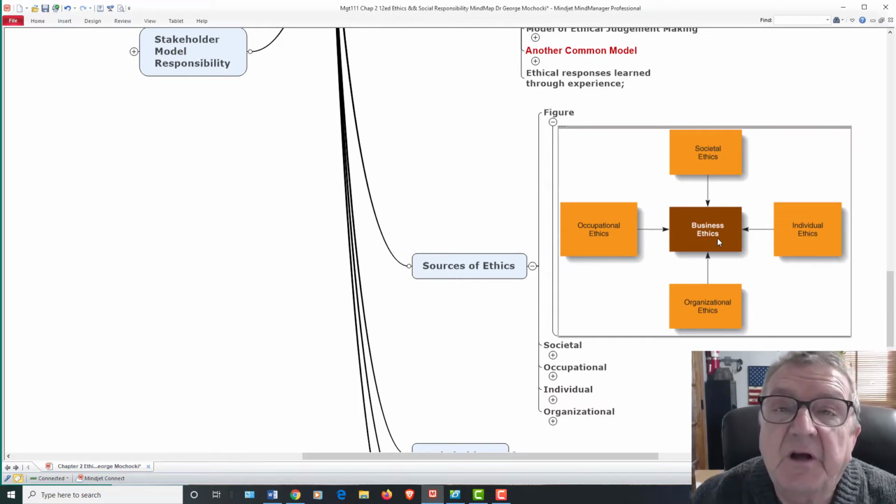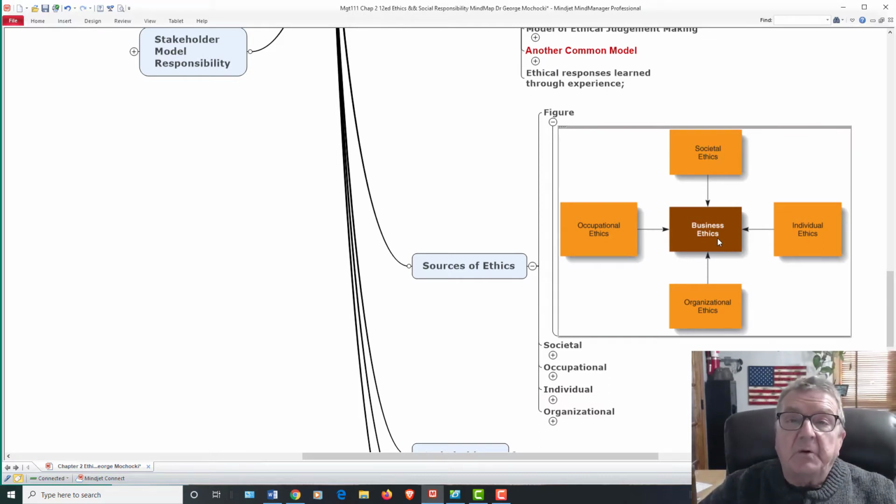Okay, ethical norms. We looked at the utility, rights, justice, caring, and just you'll be familiar with it. I'm not going to go into detail on this. The author does a nice job on that. And when you look at the video that is supplied with that, it basically supplies that for healthy individuals to do that.